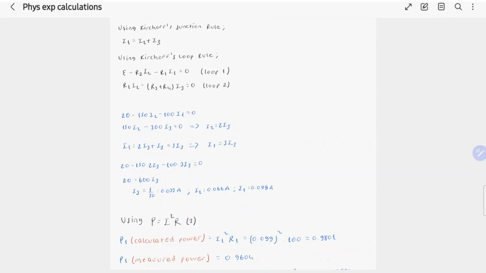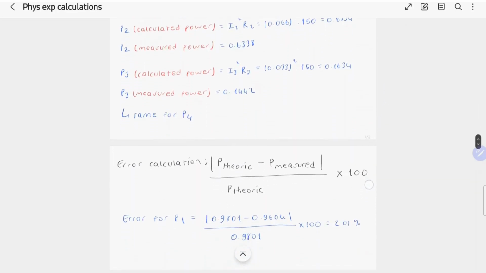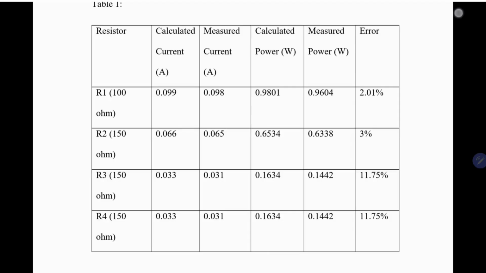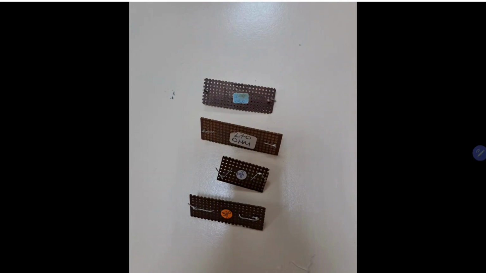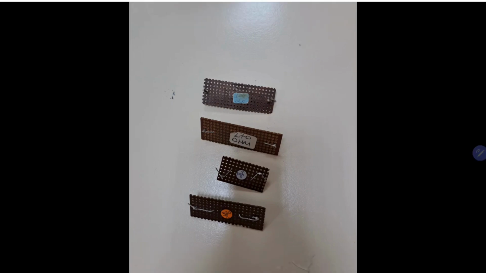After the measurements, I calculated the current and the power using the necessary formulas, and then I calculated the error. After measuring the current, I recorded my data in table 1 accordingly. After recording my data, I changed my resistor 1 with a new resistor and repeated the same steps and filled